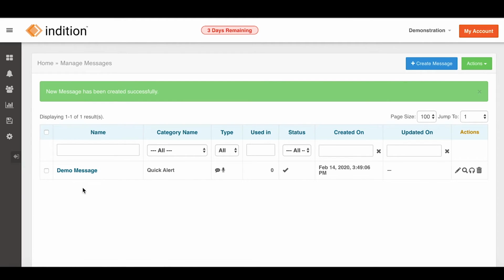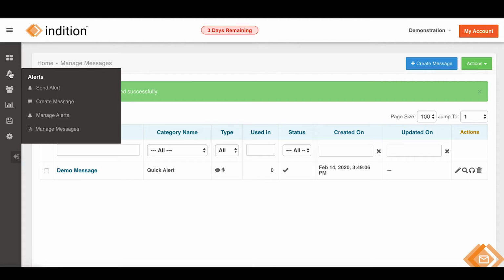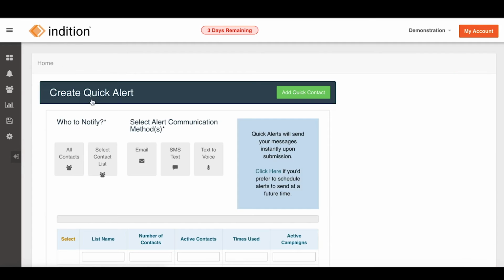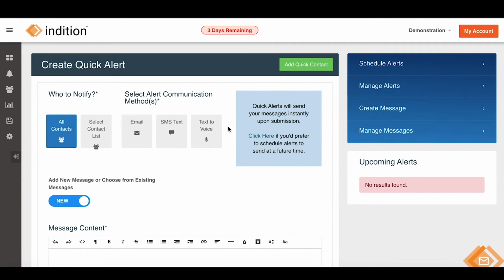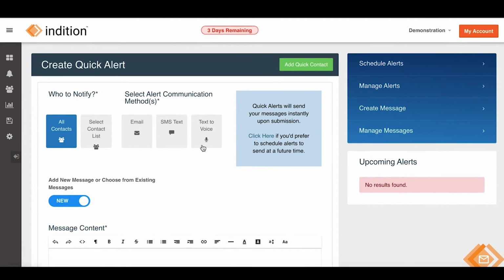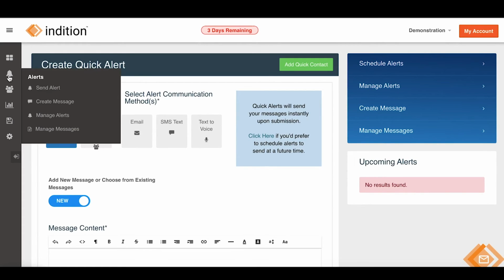So we have a pre-built message here. We have a contact list. We have a contact. Now all we need to do is send an alert. To do that, we can do a quick alert or we can do a scheduled alert. Quick alert is what you see on the dashboard there. It's the quickest way to send out an alert. You can just choose the contacts, choose how you want to send it, and then write the message, and then send. You can also choose send an alert,